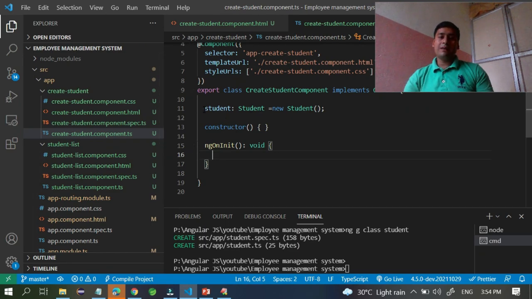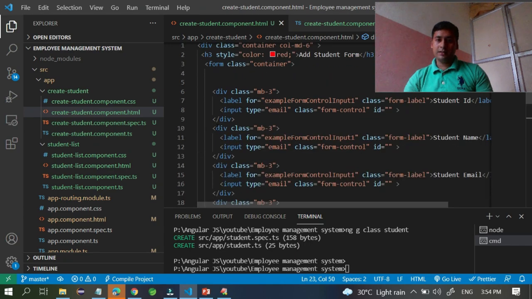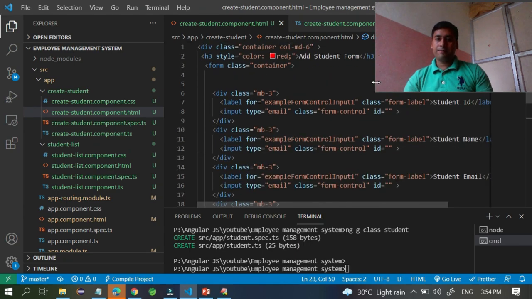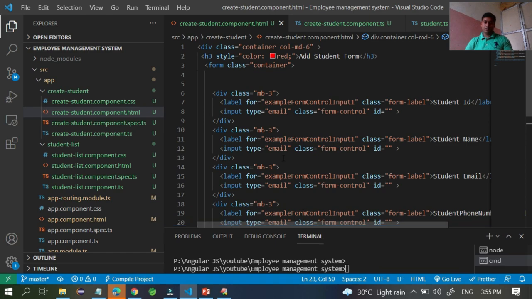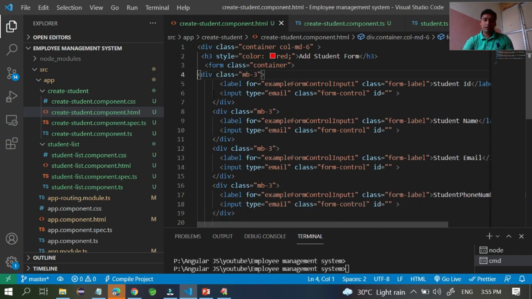Okay, so we have created one student. Now go to your HTML page here, and minimize this. So this is the HTML page, and this is the form. Inside the form